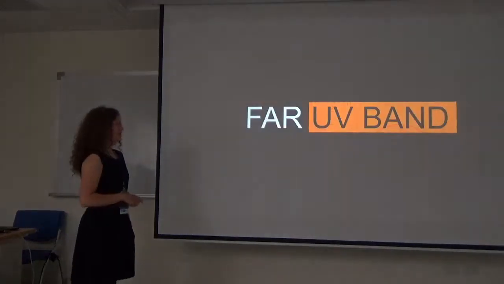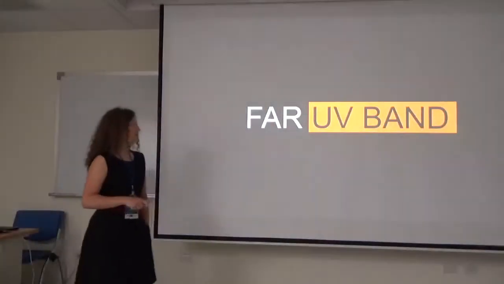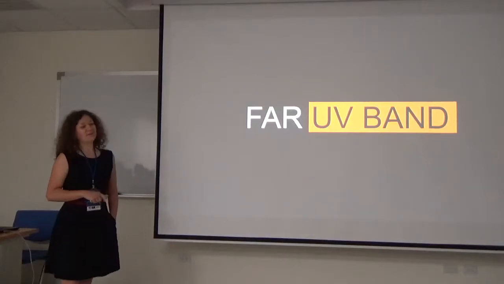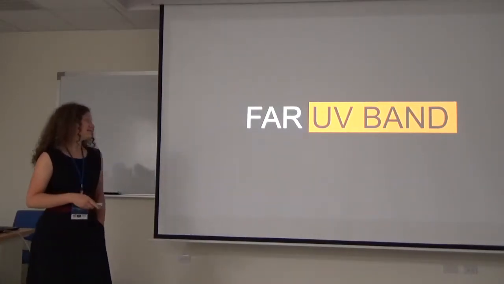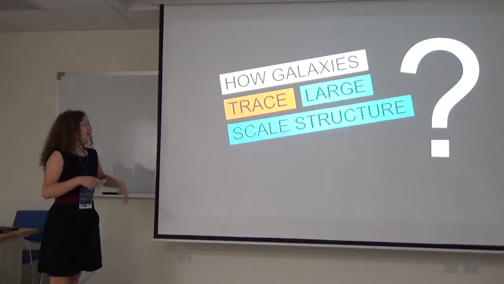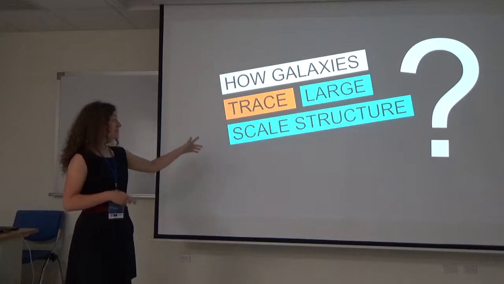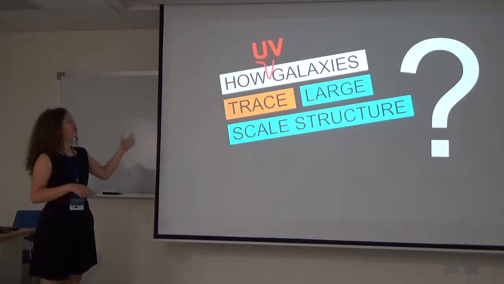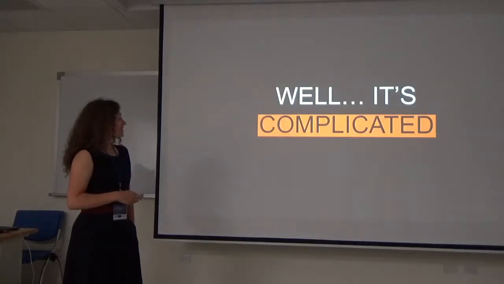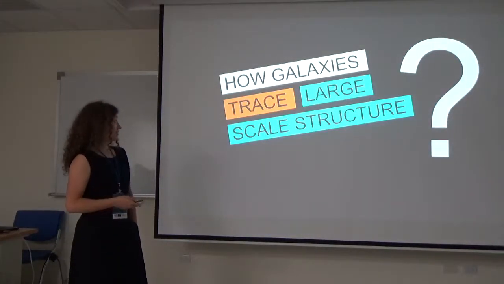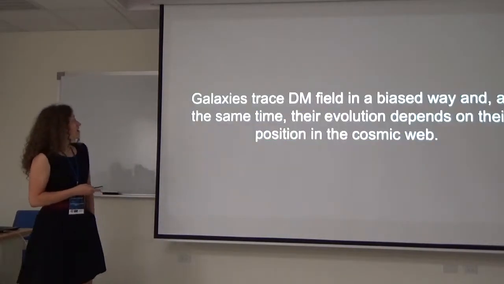But there's also another problem. All of this is in the far UV band. So I'm observing the star-forming galaxies in the UV band. In order to answer the question of how galaxies trace large-scale structure, I'm answering the question of how UV galaxies trace large-scale structure. So to answer the question of how galaxies trace large-scale structure, the answer is, well, it's complicated because